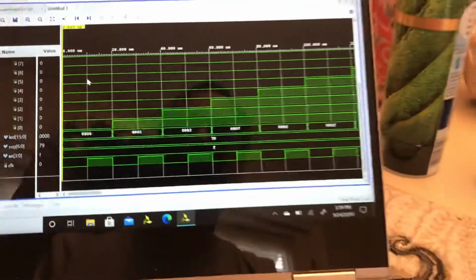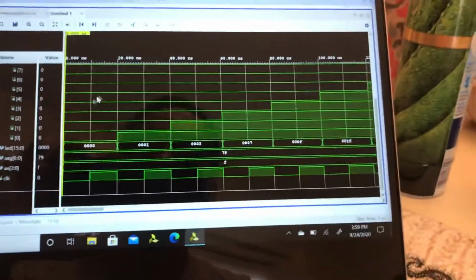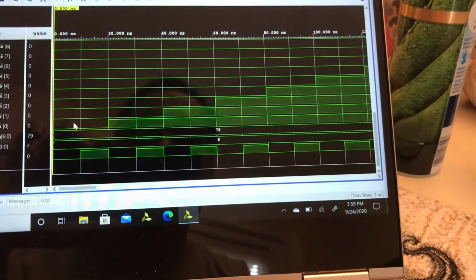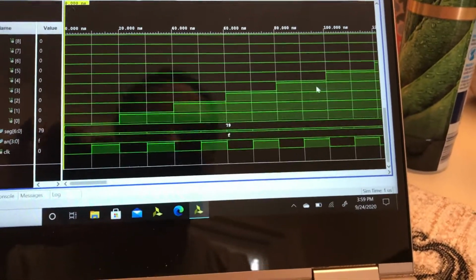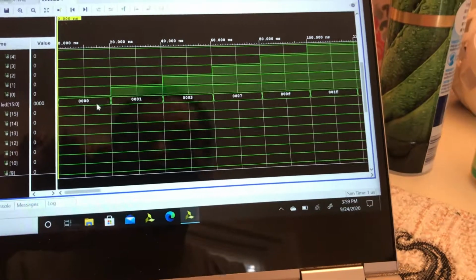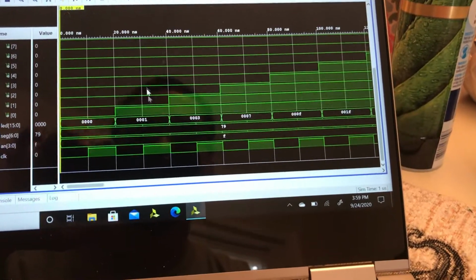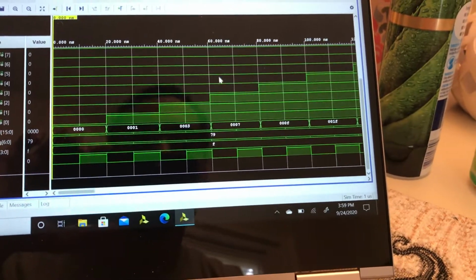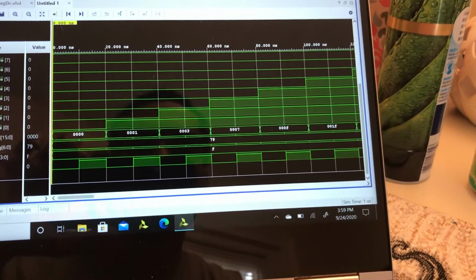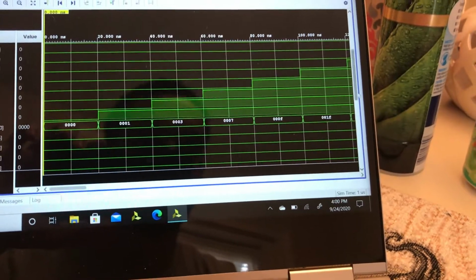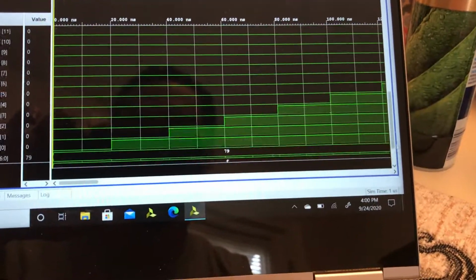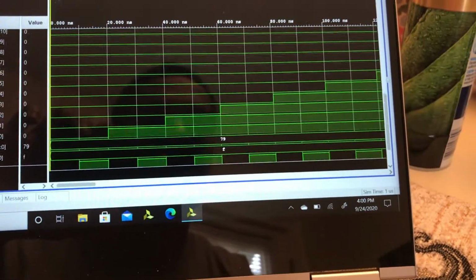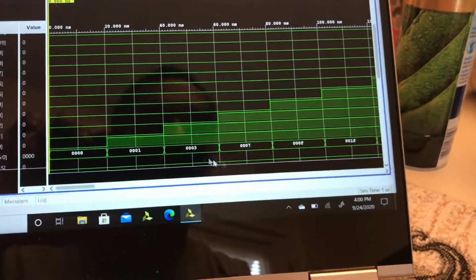So at 0, no switch is on, 0 LEDs on as well. Actually, don't even need to expand that. And then 1 switch on, 1 LED on, 2 switches on, 2 LEDs on, 3 switches on, 3 LEDs will be on. I'll just show that like so, corresponds well. And it follows each clock cycle all the way up to